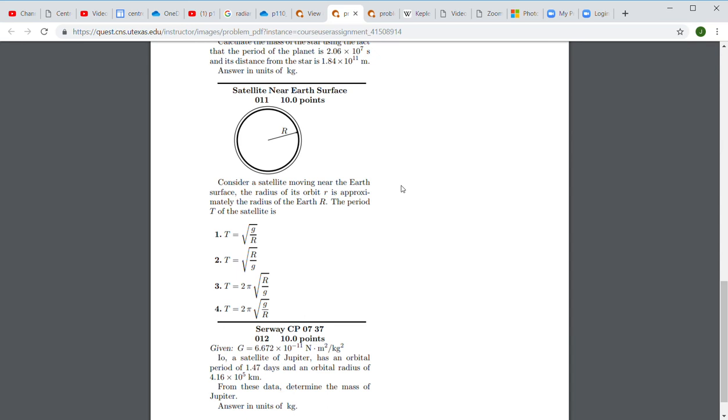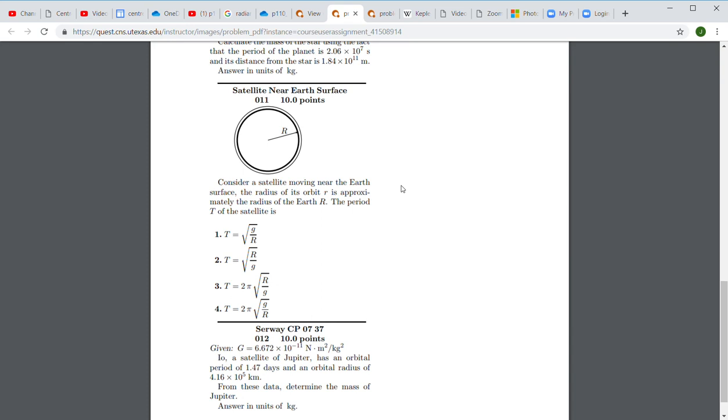Problem 11, satellite near Earth's surface. A satellite is moving essentially just above the Earth's surface, so it's just outside the atmosphere, but it's still essentially at the Earth's radius from the center. And calculate the period. So here we'll just use G, mass of the satellite times the mass of Earth divided by the radius squared is equal to m times v squared over r, and the v we will replace by 2 pi r over T,